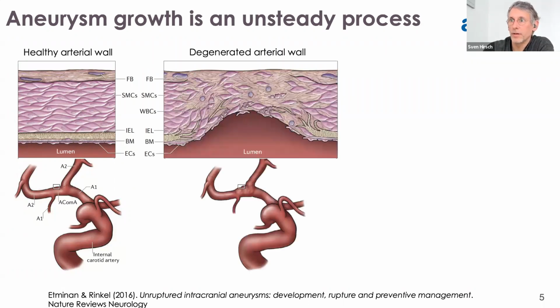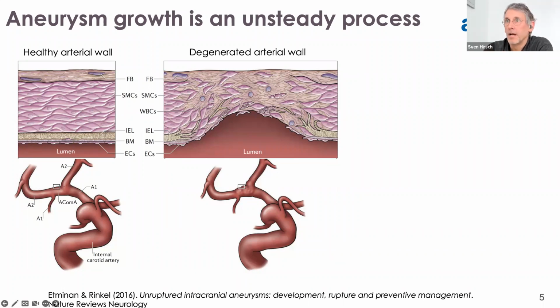Then very often there are irritations, and when you have irritations, you get a more leaky endothelial cell layer. Usually the elastin layer breaks, and then the smooth muscle cells, through the fibroblasts, start synthesizing more collagen, and you see that the collagen now has to take the role of the elastin because it needs to bear the load.